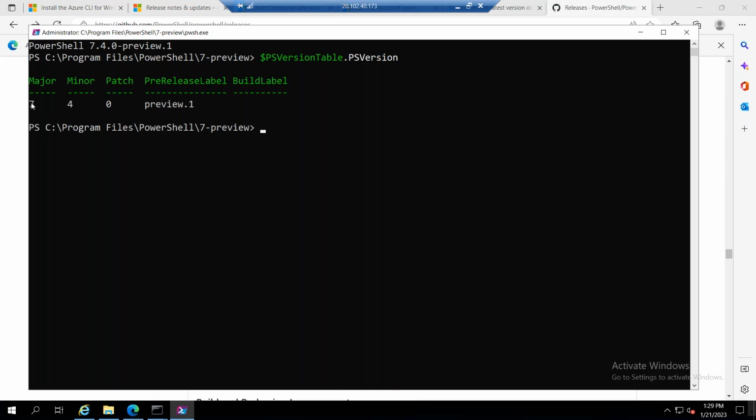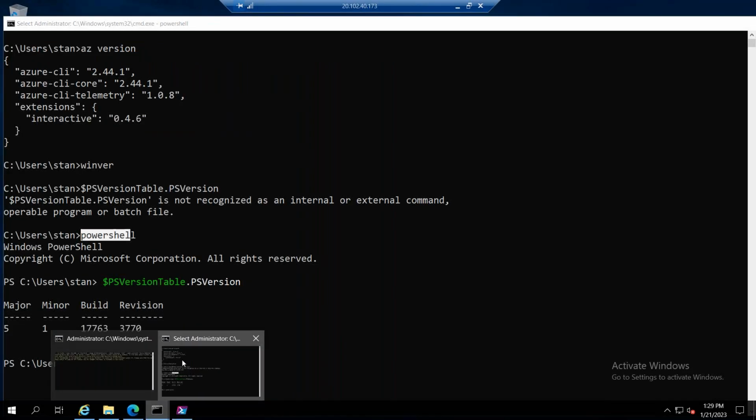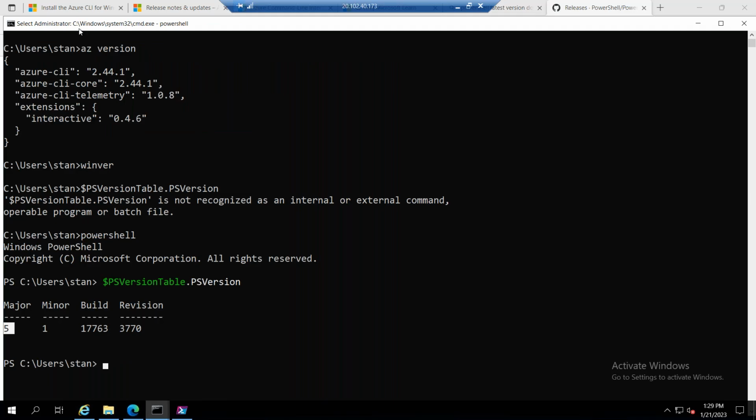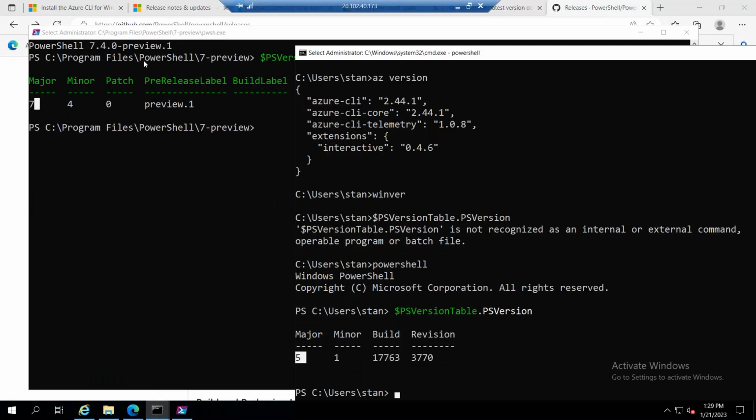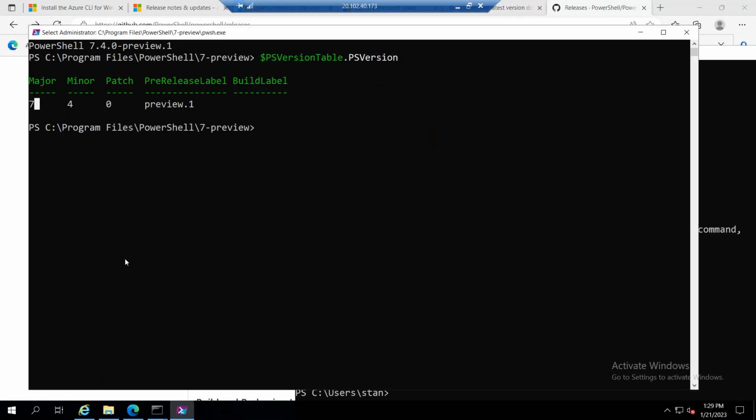Now you can see that we have version 7.4. The major version is 7. By default in your operating system, the major version that comes is version 5, which is very, very old. You have to use the latest PowerShell version like this, so that you get the latest version to work on. Now, if I want to manage and do something from your Azure PowerShell,